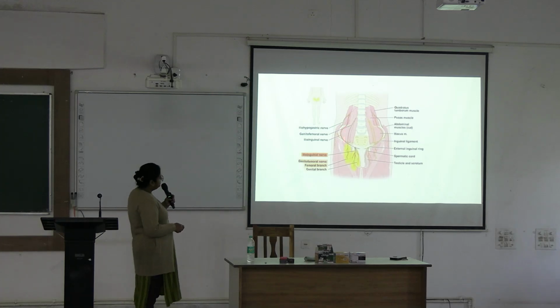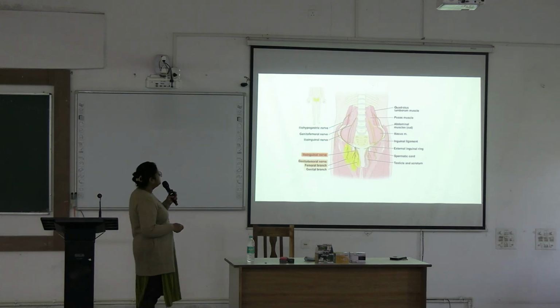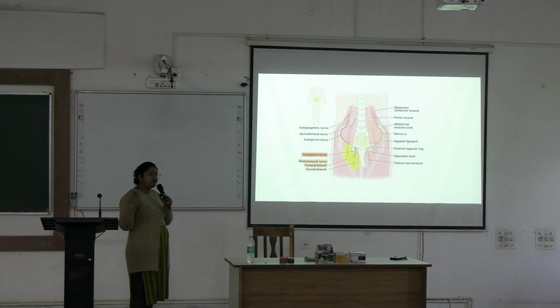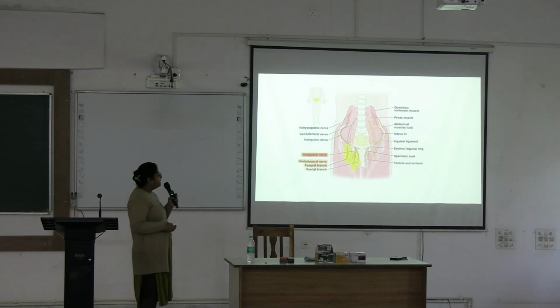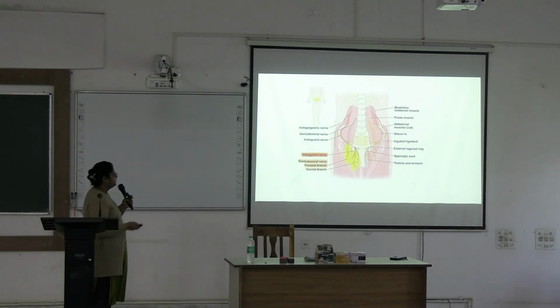Okay. Then it will pass through the two muscles, transversus abdominis and internal oblique, and enter into the inguinal canal. This area is the inguinal canal. It enters the inguinal canal by piercing the roof, and so this is partial content of the inguinal canal. Then it passes through the inguinal canal and comes out through the superficial inguinal ring. Here is the superficial inguinal ring. Okay, understood? So this is the course of the ilioinguinal nerve.